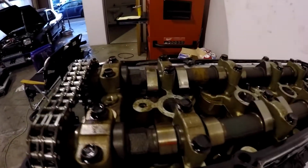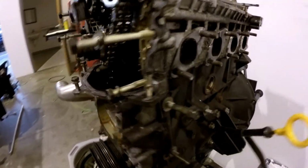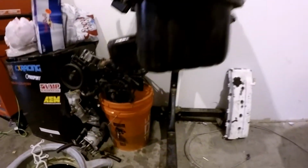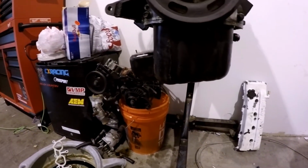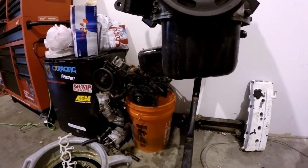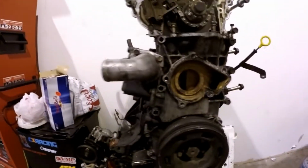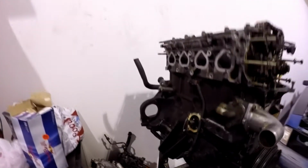So you're going to take the cams out, and after the cams out, take the head off. And then after that, hopefully tomorrow, start dropping. I'll drop the oil pan tomorrow, and then hopefully get the rest of the bottom end out, crank, rods, pistons, all that. And then it's gonna need a serious degrease and a machine shop. So hopefully I can find a machine shop and get that on its way, because I'm sure there's gonna be